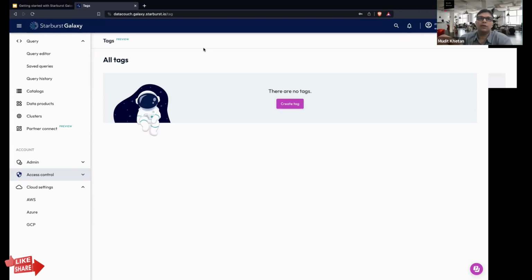Probably I might not have been able to communicate this. Starburst is basically providing you the data pipeline, as well as an analytics platform, which is based upon SQL. So it is possible that you integrate Starburst with ChatGPT or those kinds of generative AI tools, and instead of typing in queries, you can type in prompts and get this done. We have been informed by Starburst that they are working on some kind of generative AI integration with their platform. Right now, it's not available, but quite likely it is going to be rolled out very soon.